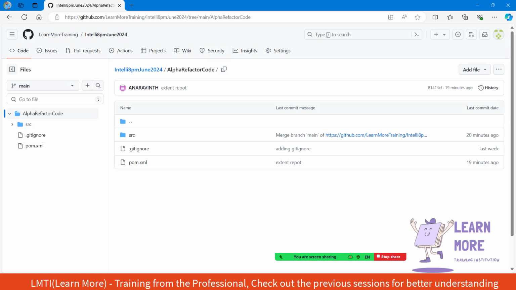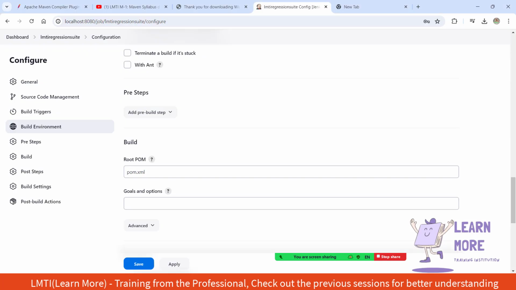Initially it will identify the repo path, and inside the repo this is the project name. Then we should specify the project name slash of pom.xml. So that it will run the pom.xml, because we need to run the pom.xml, because only with